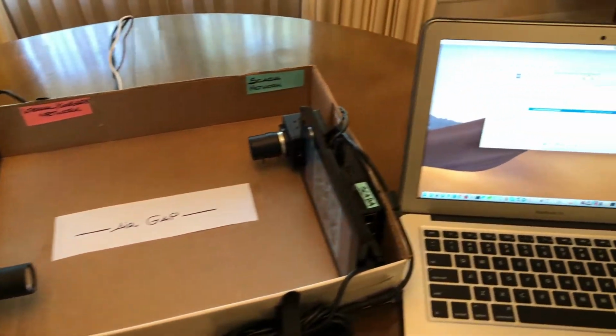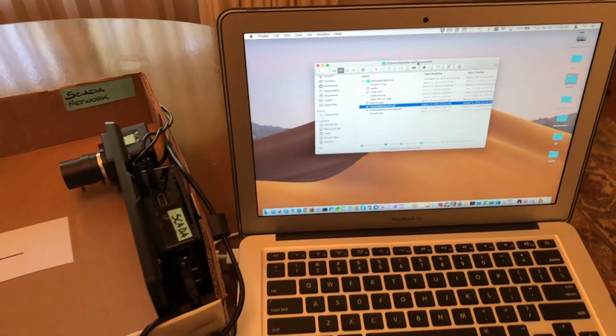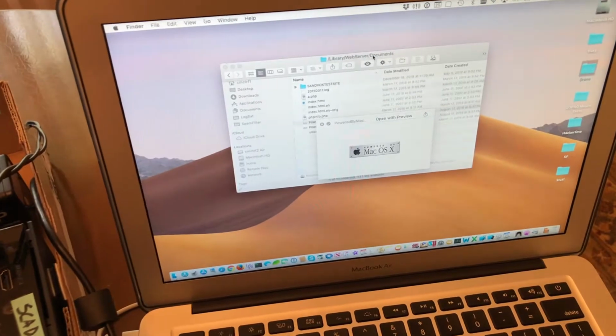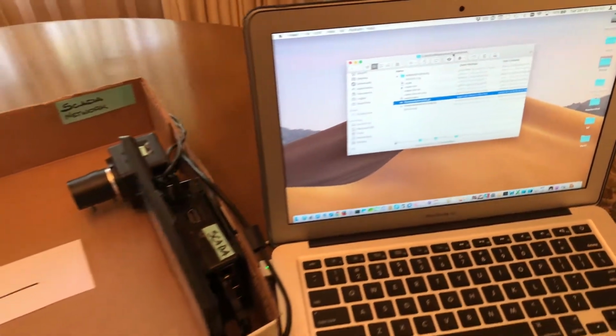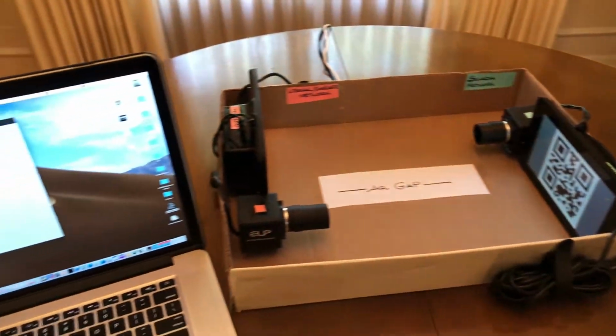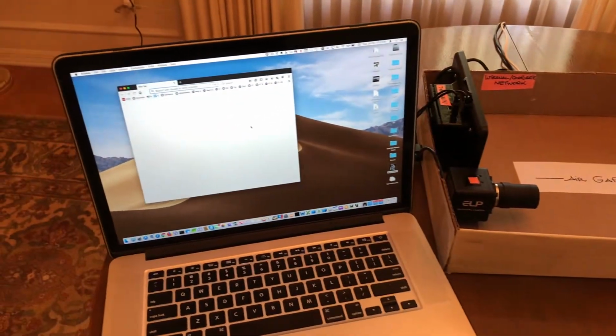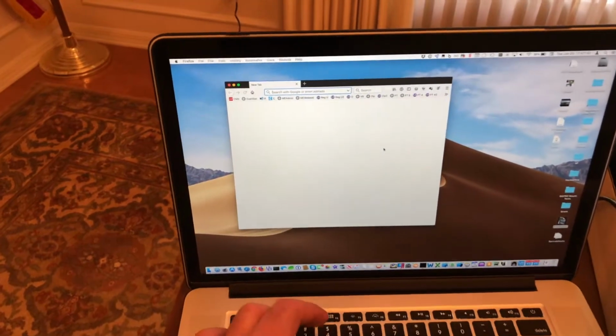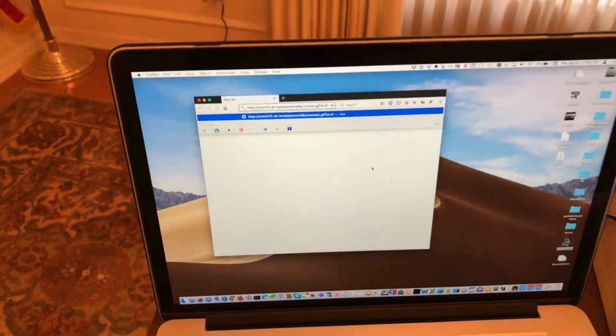We will be retrieving a file from this computer in the SCADA network. It is actually an image file, via a web browser that is going to make a request across the airgap to the SCADA system. So here's a web browser which will be making an HTTP request